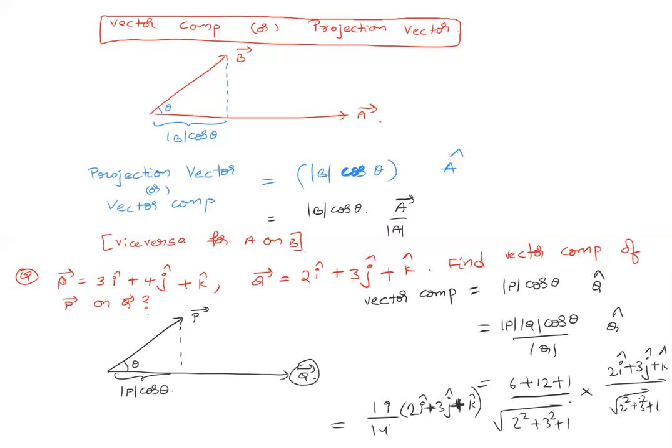Okay, so this is your vector component or projection vector. Right, so these are your basic ideas. Next, this is about dot product. The next important part is the cross product of vectors. Now, coming to the cross product of vectors, it is very important to understand the right hand thumb rule, which we will discuss later.